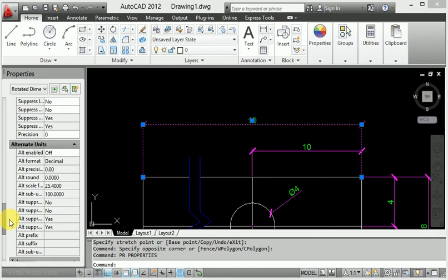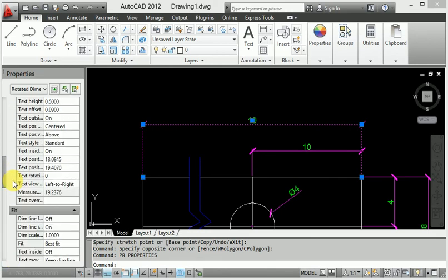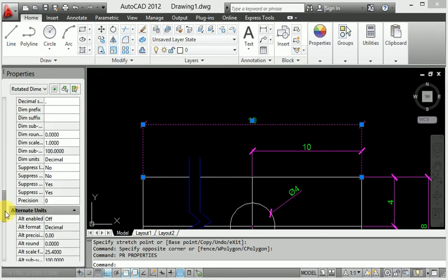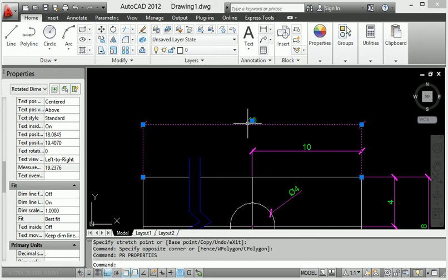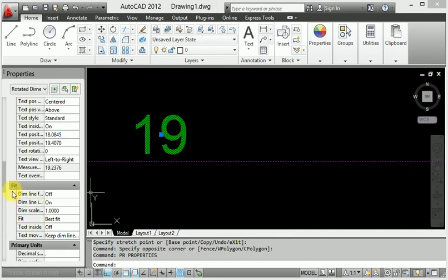When I change the scale, this is the text ratio. Here is the dimension scale. I want 150 in this place.